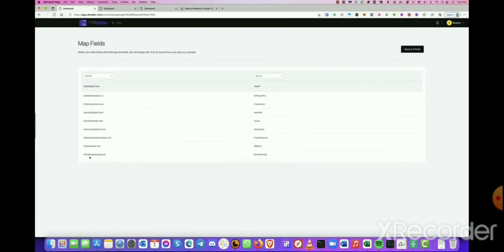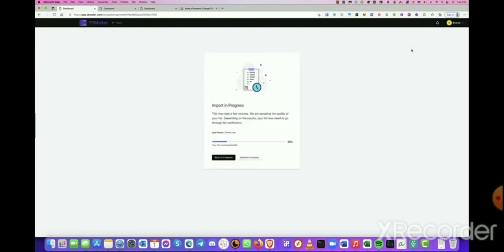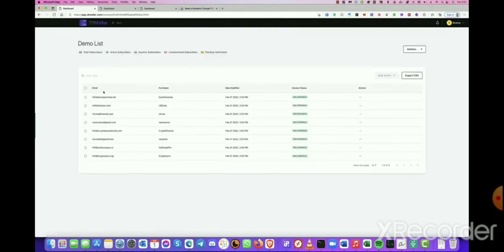So now this is basically the emails, this is basically the names. Now you need to match these fields. So over here I would say email, and over here I would say first name. So now I've matched these two, and I will say save and finish. So now it says it's importing, and it'll take probably a minute depending on how many you have. Now it's done. I'll say go back to contacts,